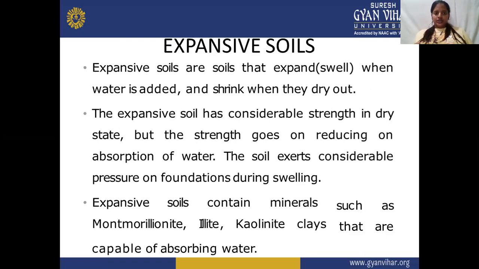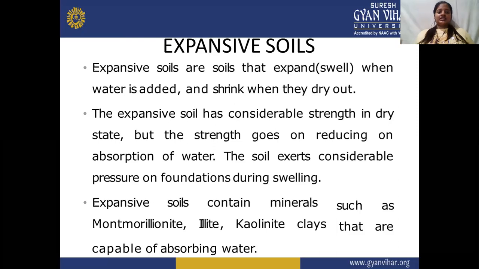Expansive soil is mostly found, like 30 to 40%, in India. It covers most of the lands, and they have certain properties which are considered problematic for construction. Expansive soils have a tendency to swell up and increase in volume when moisture is present, and it shrinks to a very small volume, to its original volume, when it is in a dry state where the availability of moisture is less.